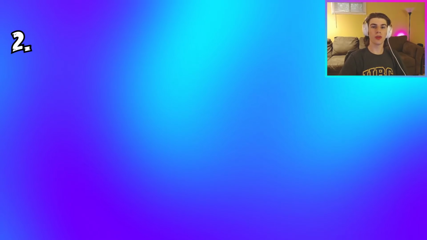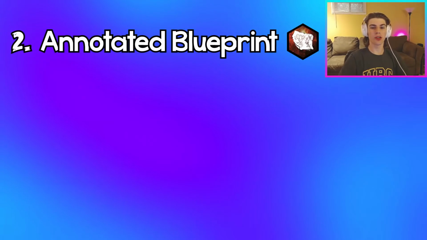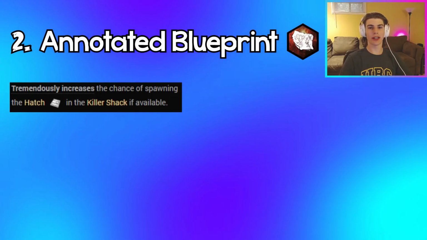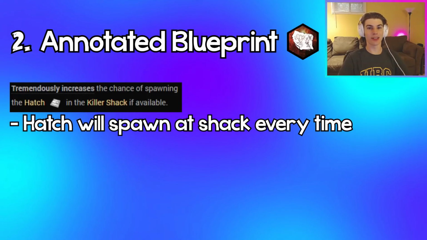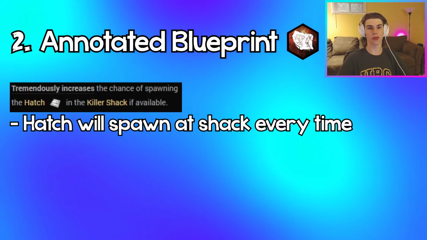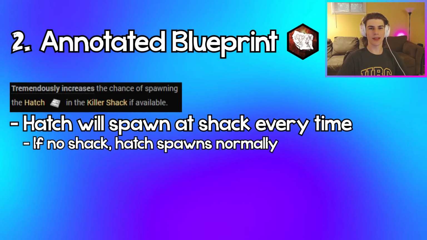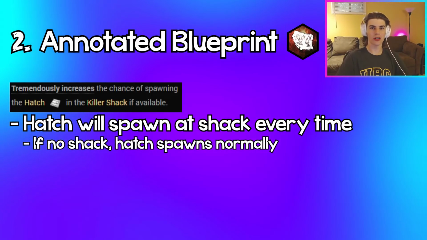Coming in at number 2, we have the Annotated Blueprint. This is probably going to be a hot take, but Annotated Blueprint is actually a common offering that tremendously increases the chance of spawning hatch in the killer shack. By tremendously increases, this basically guarantees that the hatch will always spawn at killer shack if you put this offering on. If there is a map, like an indoor map, that doesn't have a killer shack, then this offering is basically useless and nothing really happens because there's no killer shack for it to spawn,